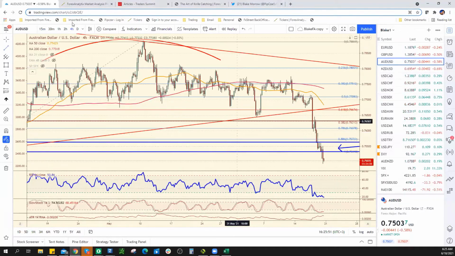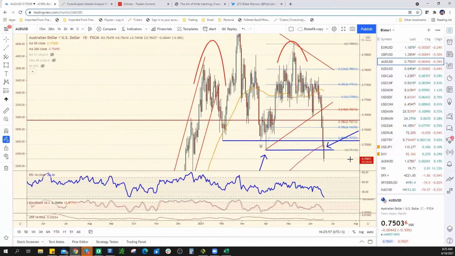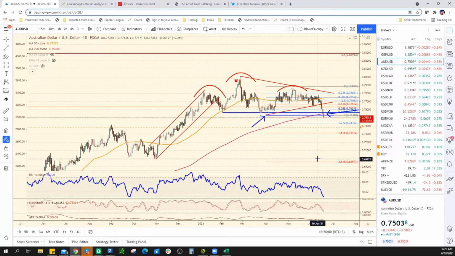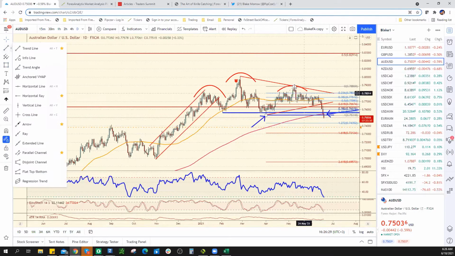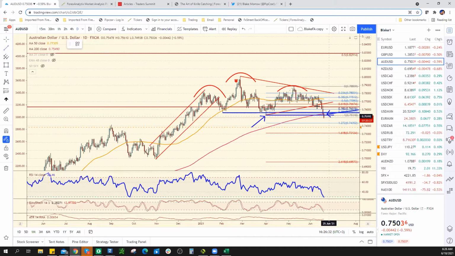Aussie. I mean, this has stopped the crap out of everybody. How many people tried to buy that 200-day moving average yesterday? This is the same point with the euro dollar and everything else. It's like, okay, I see everything on support. So how many people said we're going to bounce here? Of course we're going to bounce here. We just dropped 200 pips. How are we going to drop further than that? I know that's what everybody's thinking, but the problem is when you come out of a consolidation like this, there's such pent up energy that of course you're going to get a breakout. So the breakout here, minimum requirement at the moment,